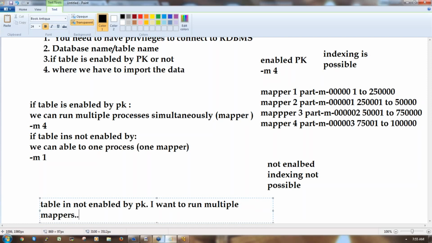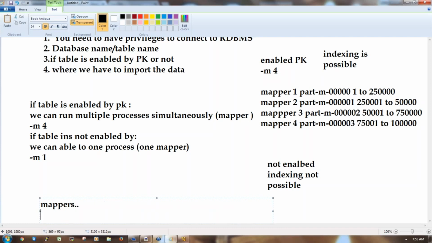Previously I told you that if the table is enabled by the primary key, we can run multiple mappers, and if not, we have to use only one mapper. But my situation is that my table has no primary key, and there are 10 lakh rows. How can one mapper retrieve all the rows? I want to run multiple mappers. Is it possible? Yes, it is possible.